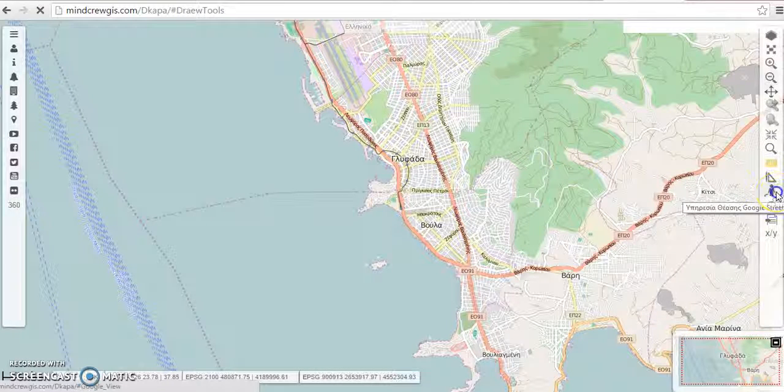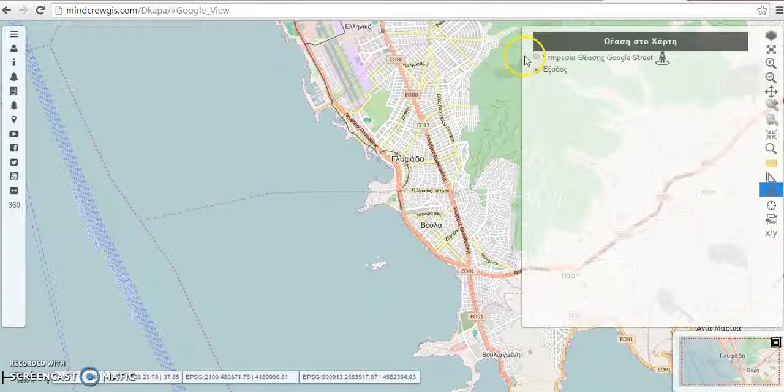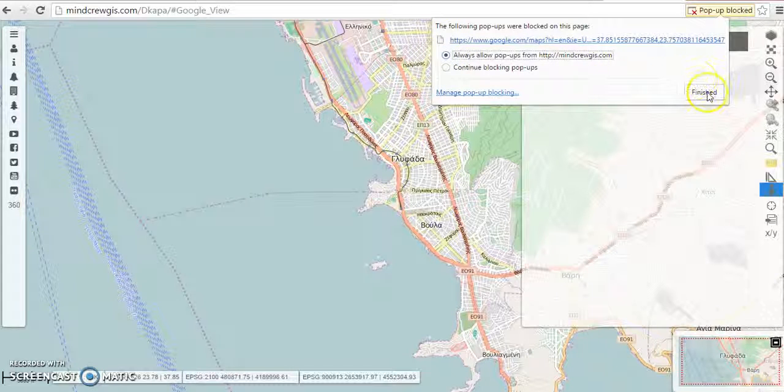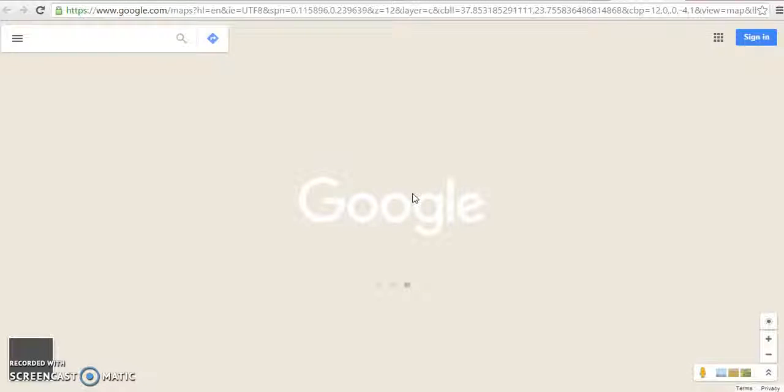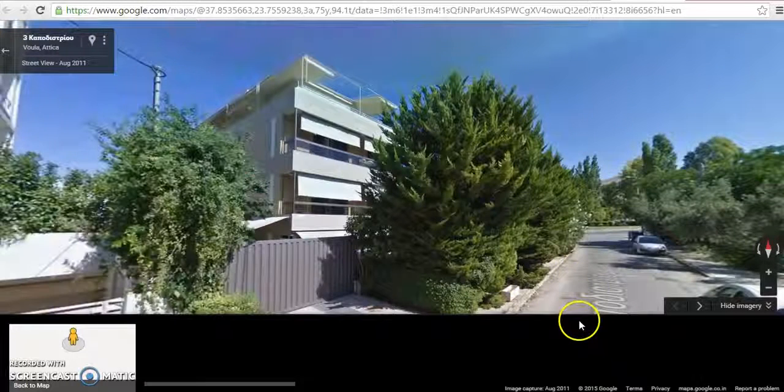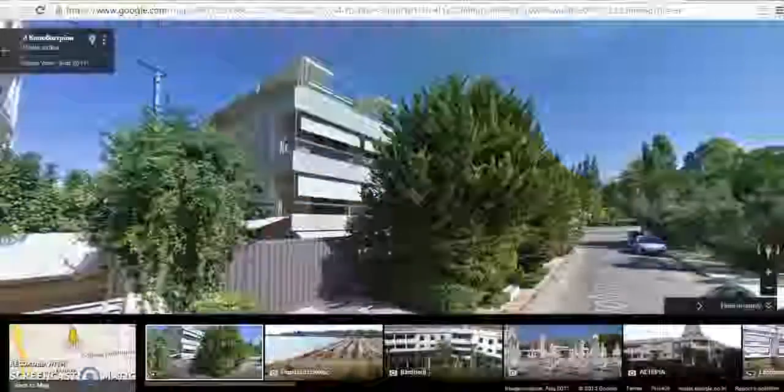Yes. The next option here is for Google Street View. If you click on any point on the map and if that particular point has a Google Street View, it will take you to a new window. Let me do it again. Like this. You will be redirected to Google Maps. The street view of that particular POI will be presented. Like this. Okay, coming back to the home screen.